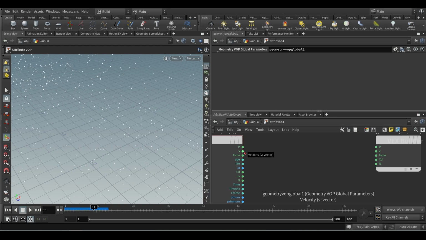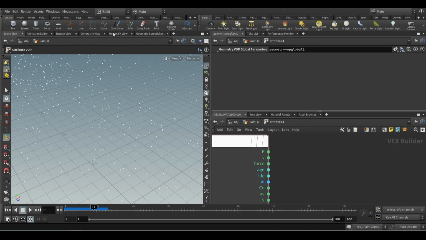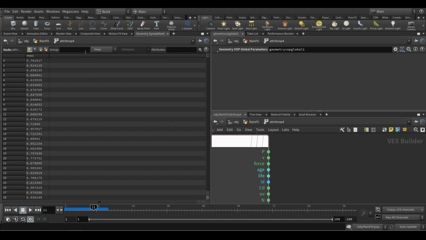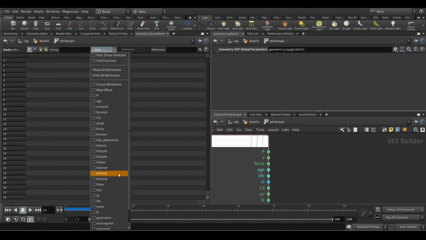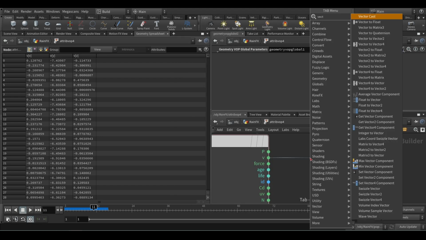Rot means rotation. You guys know that orientation is a 4 vector or 4 float, and velocity is 3. You can come here and see what velocity is. You see xyz, so it is a 3 vector, and the orientation is a 4 vector. So we need to change the velocity 3 vector to 4, so that will be vector to vector 4.